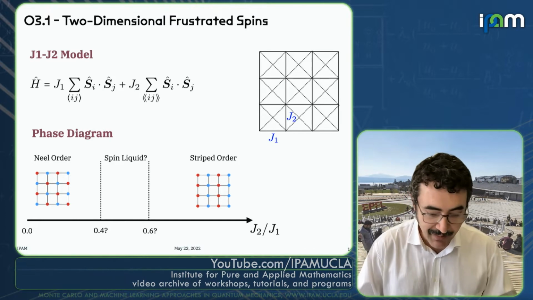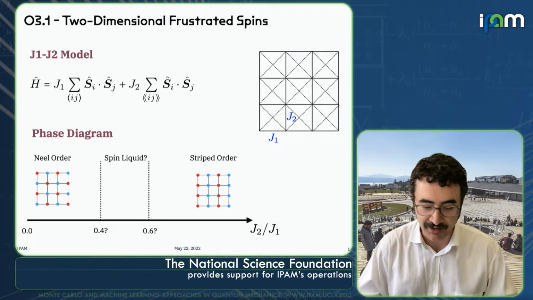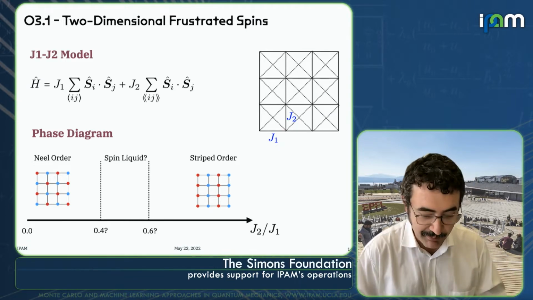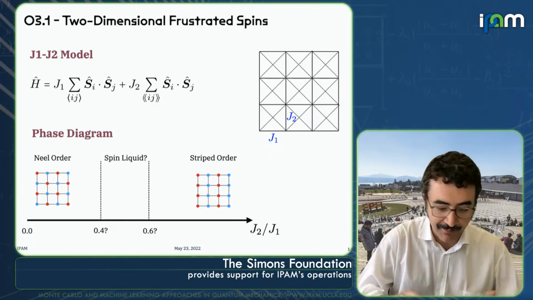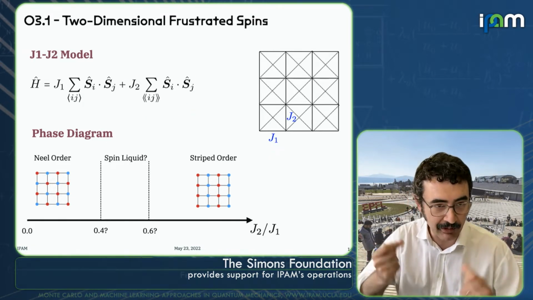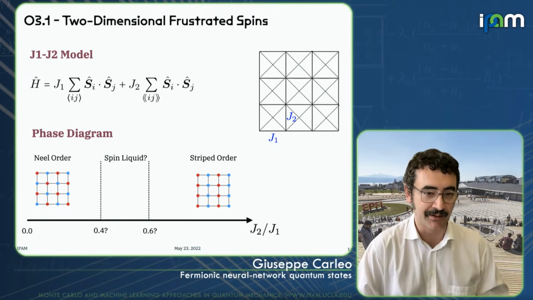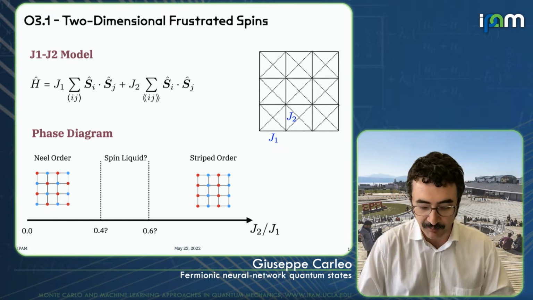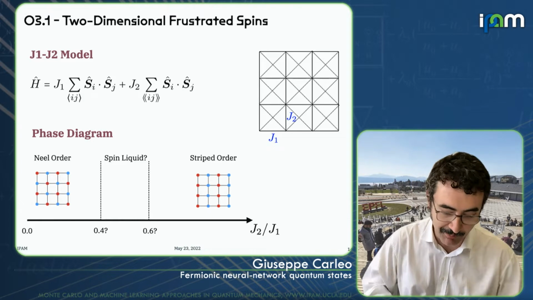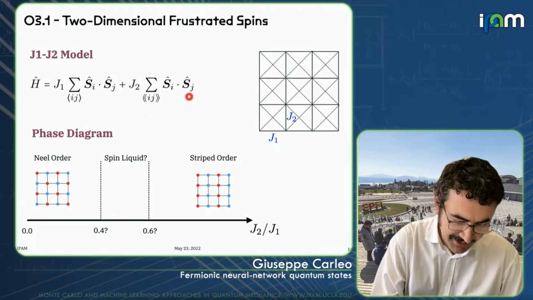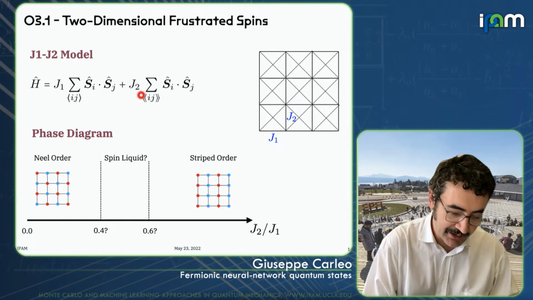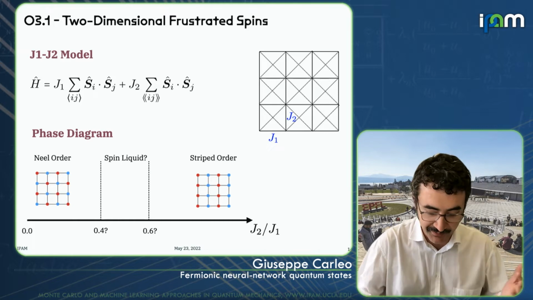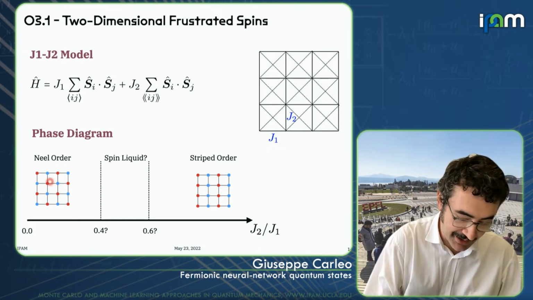And a systematic benchmark that people have used to assess the progress on spins has been, for historical reasons, I don't know, but because people like these models, the two-dimensional J1, J2 model. So this is a simple sign problematic model that is hard enough to be not exactly solvable with quantum Monte Carlo and not exactly solvable by tensor networks. So here, essentially, the question, as you know, is whether there is a spin liquid phase, for example, that intervenes between these two ordered phases that appear when J1 is large or when J2 is large.